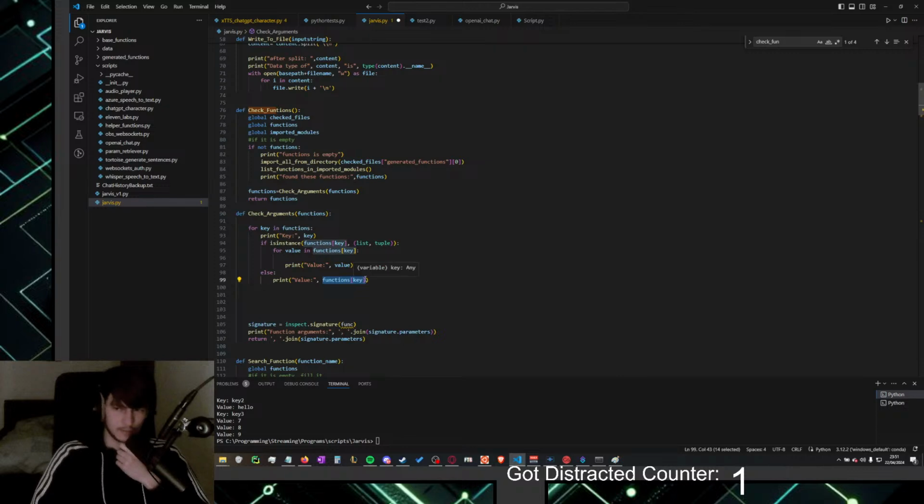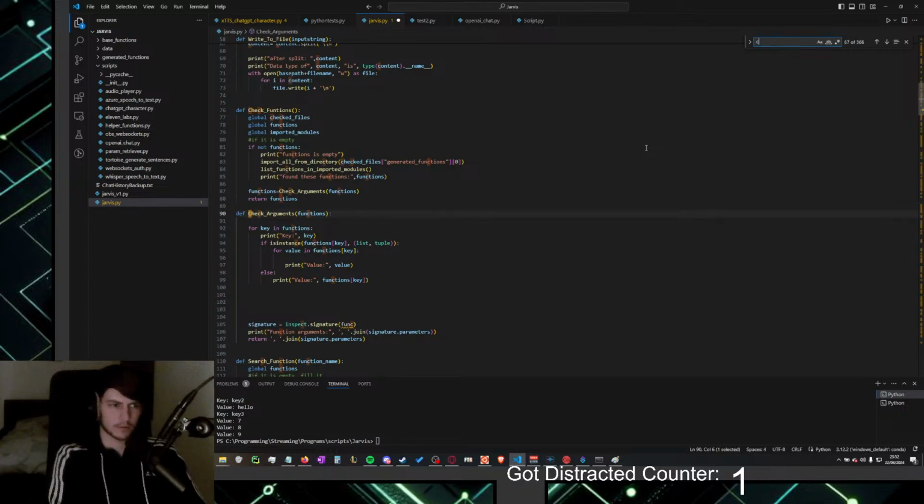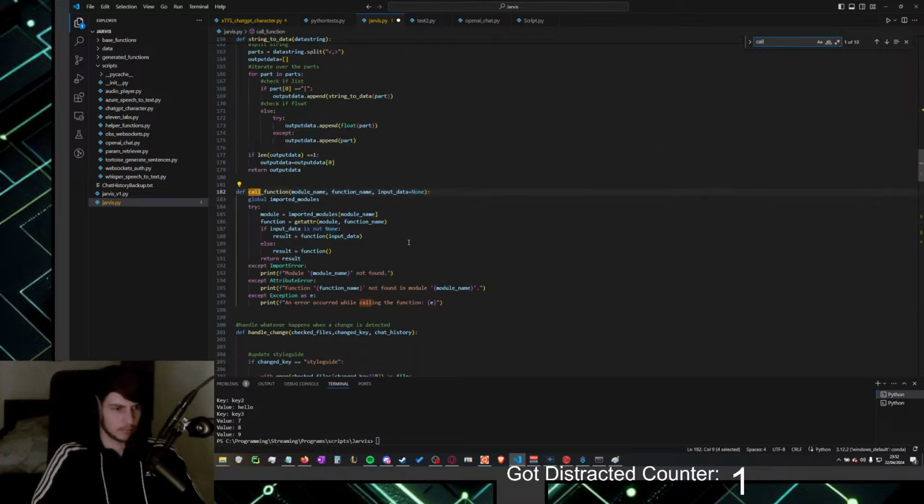I need the key dot the function or something like that. Wait, how do I do that in the call function thing? Okay, imported modules, module name. Import error. Okay, wait.